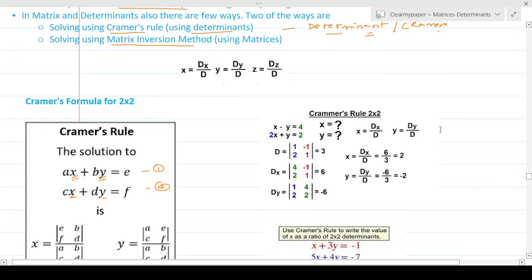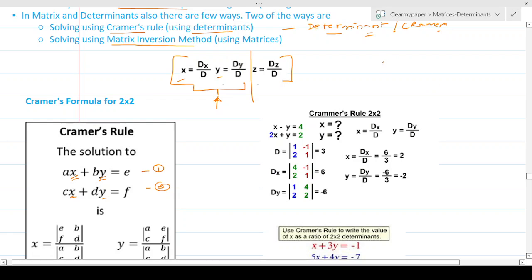Okay, all right. Since our objective is to find the value of x and y, the formula is pretty simple. If you see the formula here, it's pretty simple. We're going to take two equations and two unknowns to start with. So you can ignore this part for now and just focus on this part. The value of x is equal to dx by d, and the value of y is given by dy by d. And now what are dx and dy?